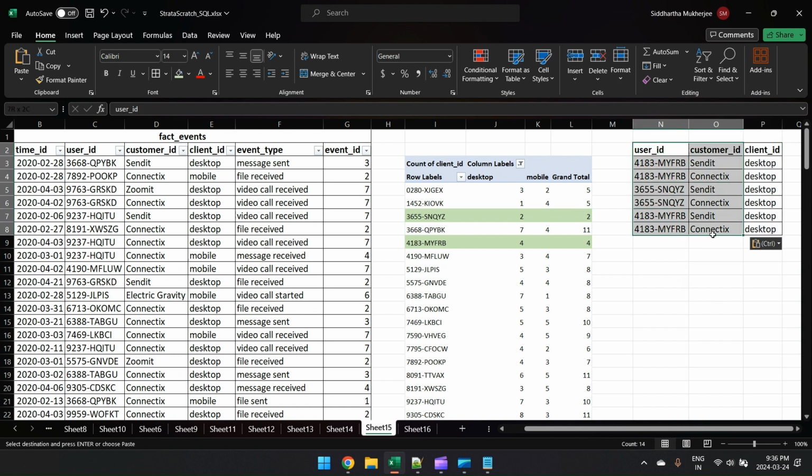Now once we have this small table, we can immediately see that sendit, which appears thrice in this small table, has 2 distinct users. This is one user and this is the second user. This third user is again a repetition of the first user. So the first user logged back in again via sendit. So sendit has 2 unique users, this